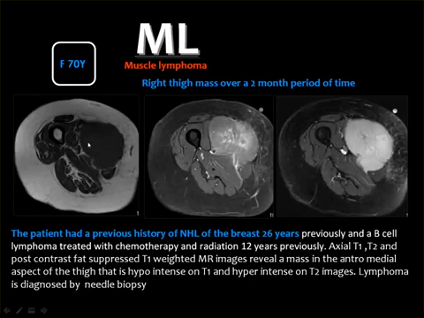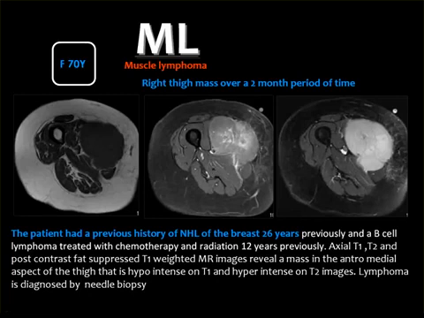The lesion is of low signal in the T1, and it is of high signal in the STIR with appreciable contrast enhancement. The patient had a previous history of non-Hodgkin lymphoma of the breast 26 years ago. Then this history will help you to put the possibility of lymphoma for this muscle mass. But if you don't have such a history, then you consider this one of the sarcomas in the